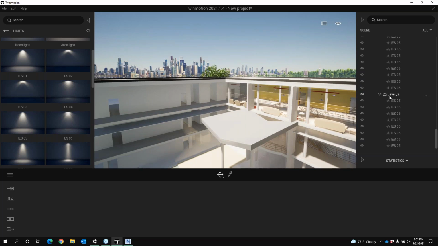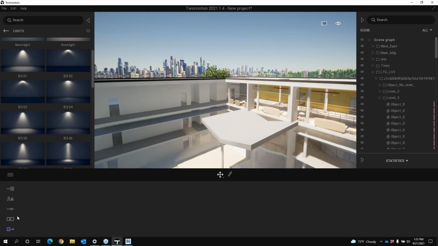And then one last thing, and really the reason I got into this level of breaking everything down in the first place in the project that I was working in, is that there was a need to do phasing. So we had to show construction phasing in the building, and by breaking it down into more manageable chunks, we were able to easily group things together based on their construction,